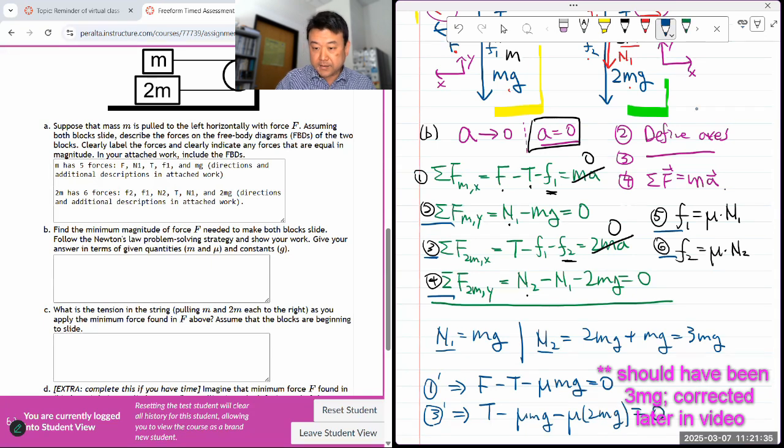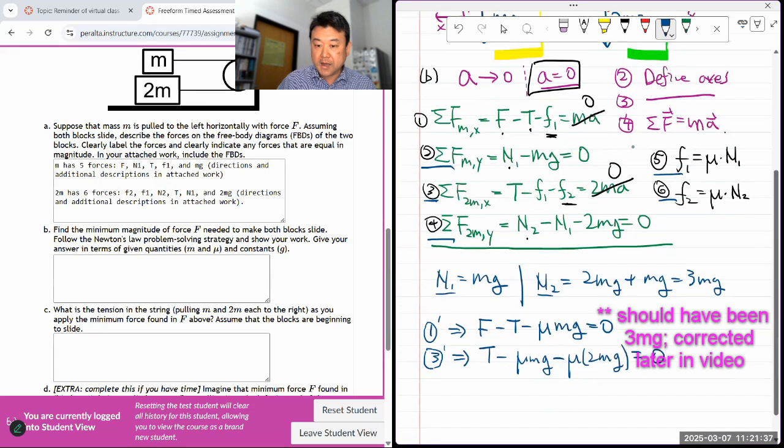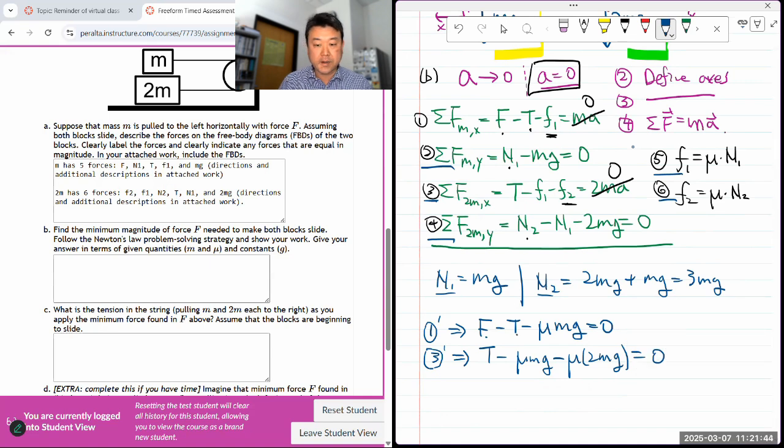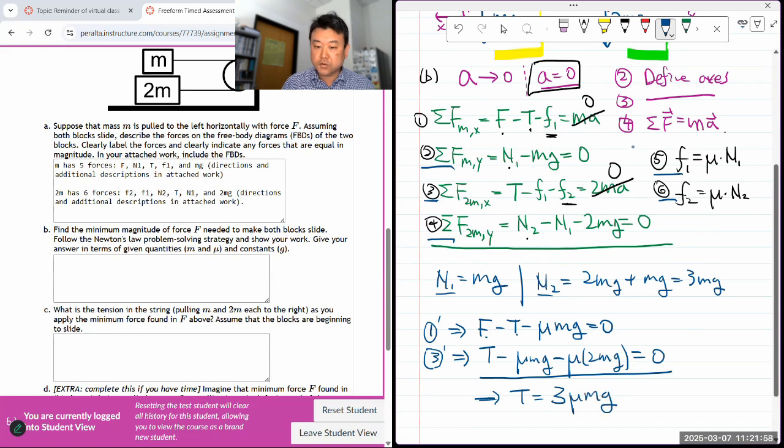So now at this point in the step, I have 2 equations and only 2 remaining unknowns, F and T. So I just eliminate T, solve for F. I think the easiest way is to solve this equation for T. In fact, it's simple enough to do in my head. T is equal to 3 mu mg. Plugging that into equation 1 prime, I get